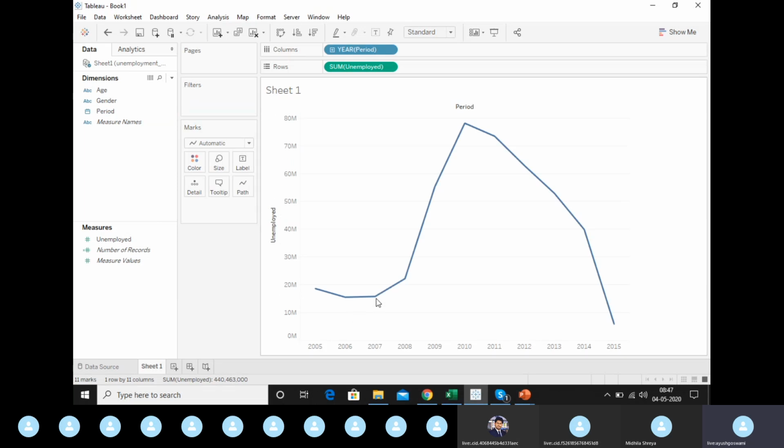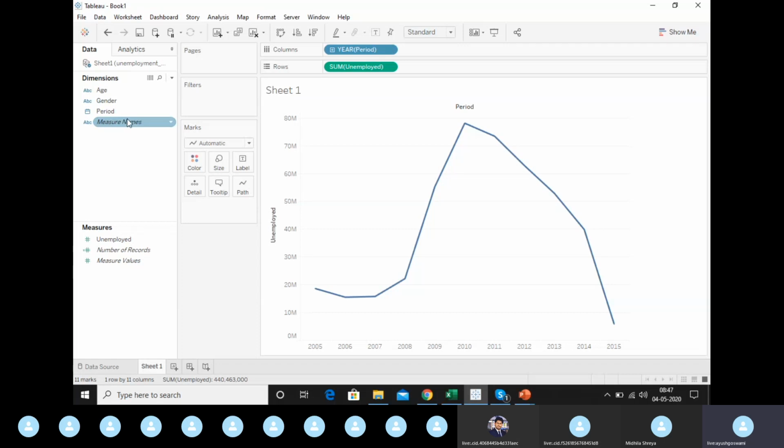you will see that Tableau will automatically plot a graph for you. So here it has understood that gender is a dimension, it has moved automatically to columns, and unemployed as a measure, and it has moved it automatically to rows just by double clicking it, right?